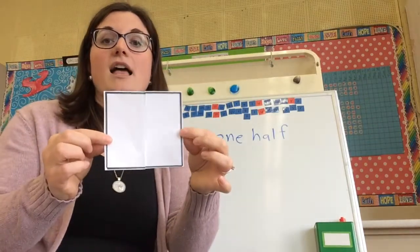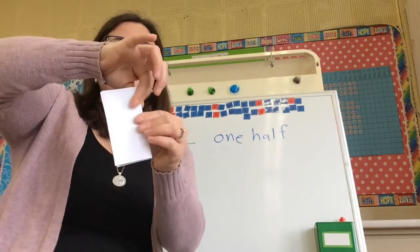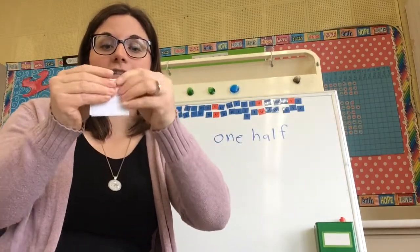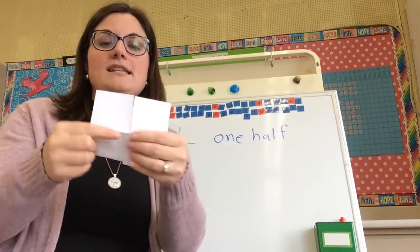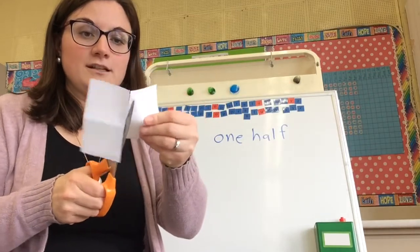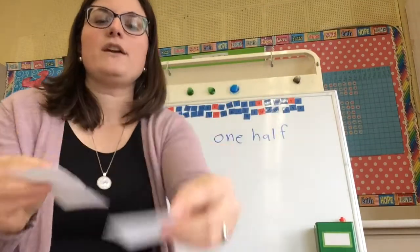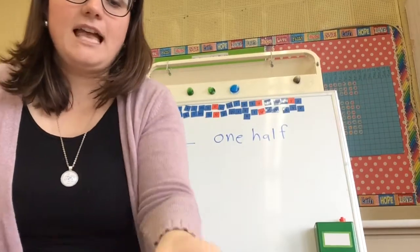So we're going to start by folding it in half. So pull it over, draw a line. Now we're going to fold it in half again so that I get 4 pieces. Okay? So I'm going to open it up and you're going to see the different lines. And I'm going to cut on the creases. So 1 crease will put it in half, just like we did with the circle, 1 out of 2. But if I cut on the crease of each of these halves,